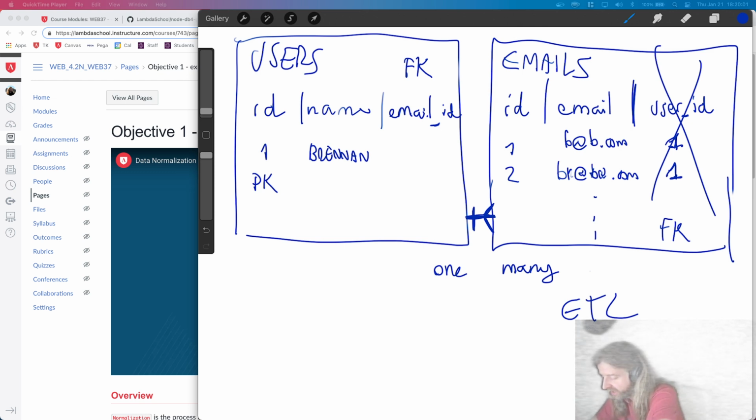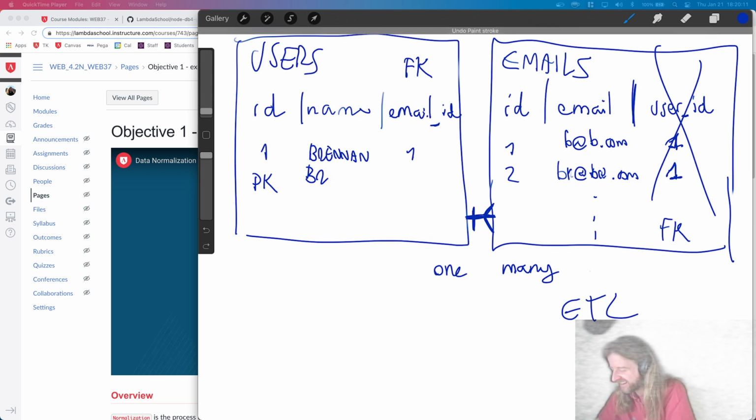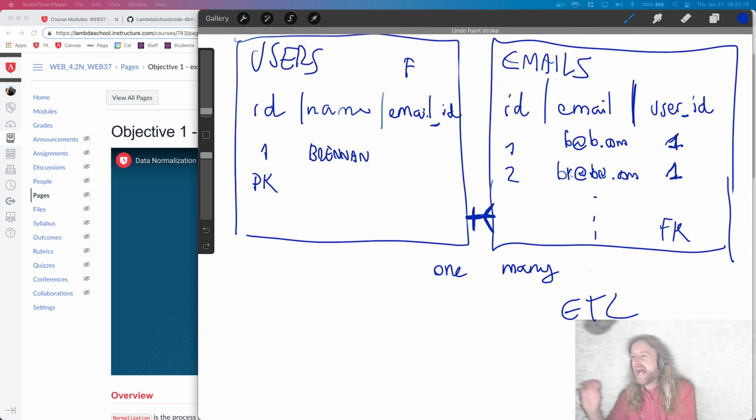And have perhaps email 1, but then where do you fit email 2? Do you create another record for Brennan so we can put email 2? No, no, right? Do we create another column called email underscore ID 2? No. The thing is that as soon as you